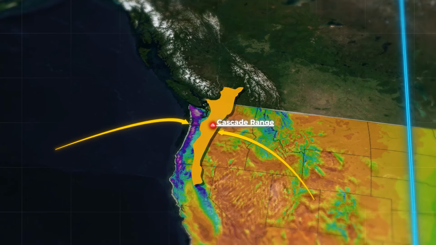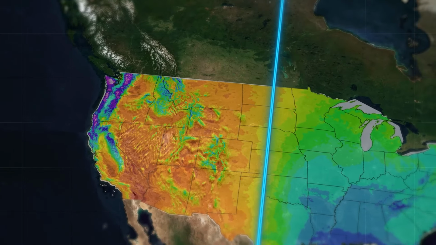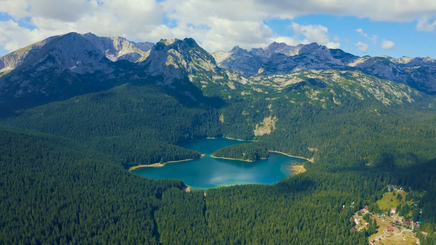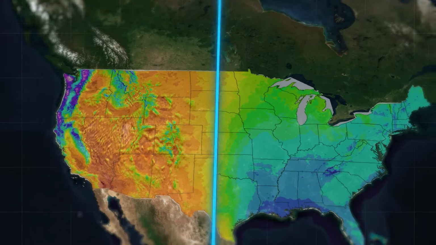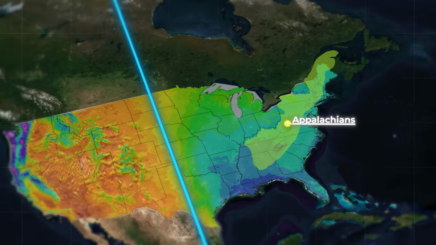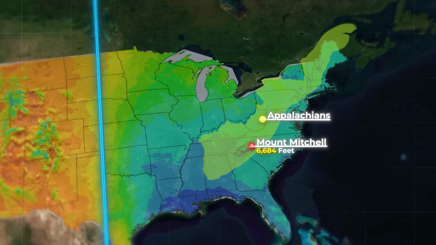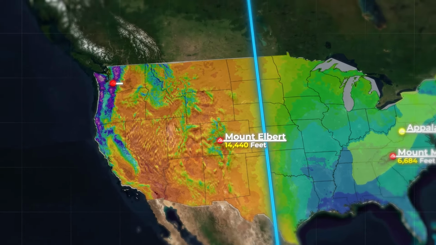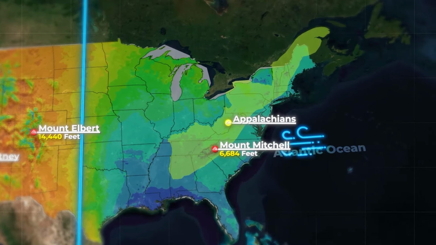Being robbed of almost all moisture blowing in from the Pacific Ocean to the west, the continental interior of North America has very few other alternative sources for moisture or fresh water, most of them being limited to rivers or snowmelts on the eastern side of the continent. For comparison, the Appalachians are the largest mountain range in the east, yet they are really only speed bumps compared to the giants of the West. With Mount Mitchell's low elevation of less than 6,700 feet, or less than half the height of the highest peaks in the Rockies, the Cascades, and the Sierra Nevada, very little moisture is blocked from entering the continent from the Atlantic Ocean in the east.